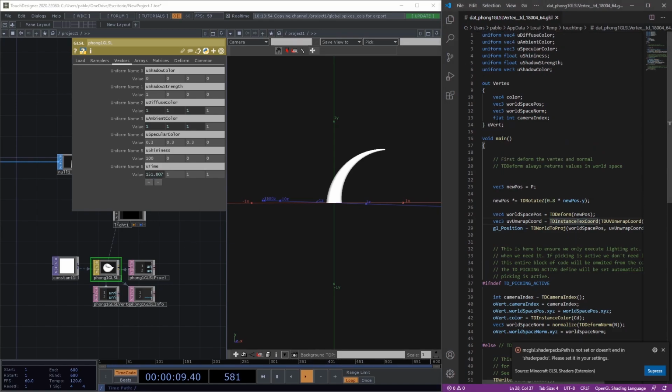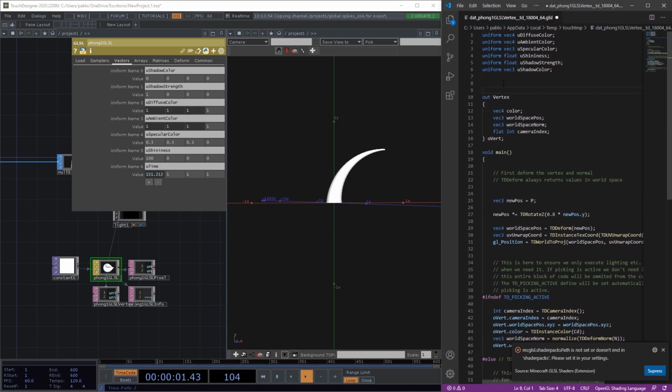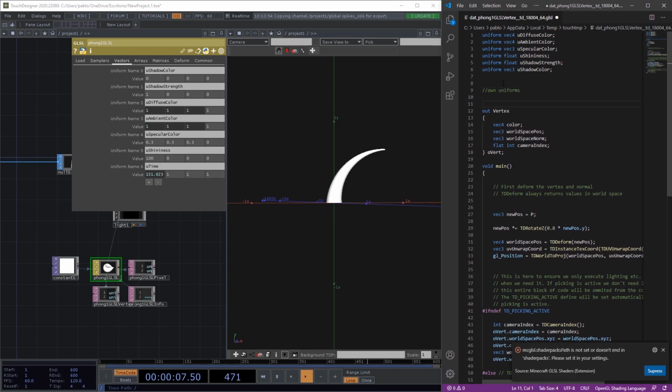What we need to do always is declare the variable, so on uniforms, I'll declare a uniform float. This one is going to be uniform float uTime,